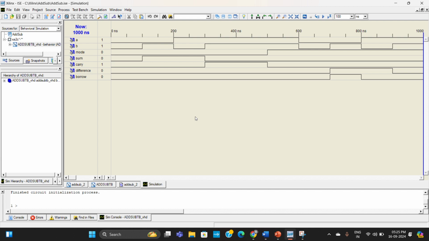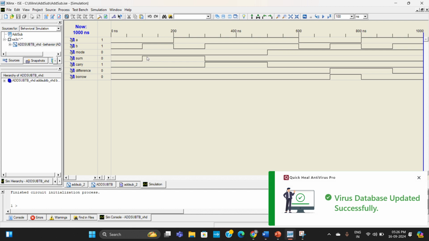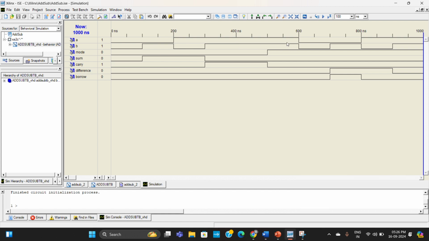Here is the waveform of the given circuit, in which we can see that when the mode selection is 0, the circuit will work as a half adder. When the input is 0 0, the sum and the carry are also 0. When the input is 0 and 1, the sum is 1 and carry is 0. When mode selection is 1,